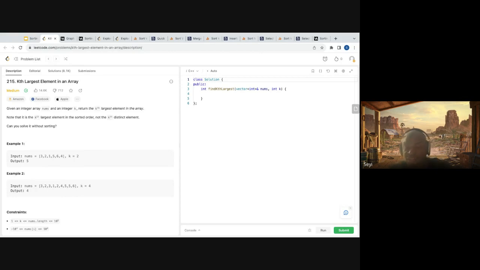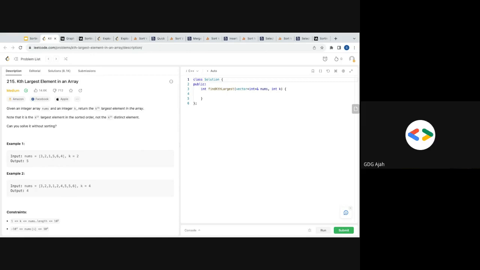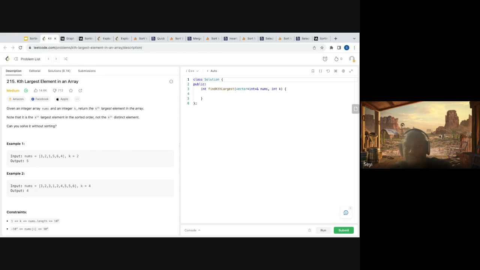I mean, if you sort the array, you can get the kth element, right? Sorting is the most trivial way. Yep, exactly. You can use selection sort, insertion sort, quick sort, whatever sorting algorithm. Just sort it and pick that element. That's the most trivial way.